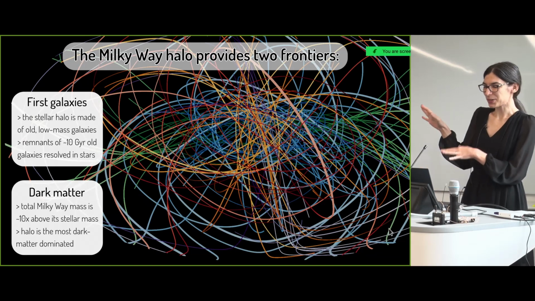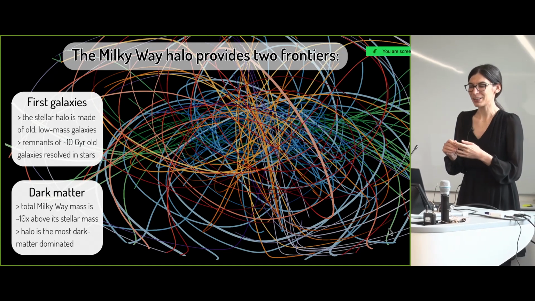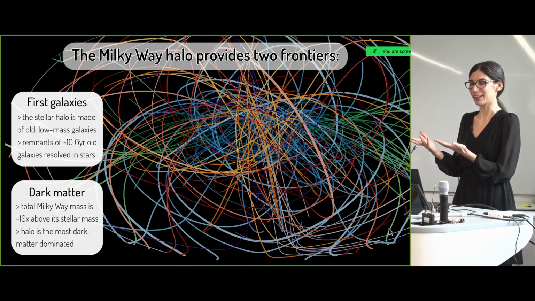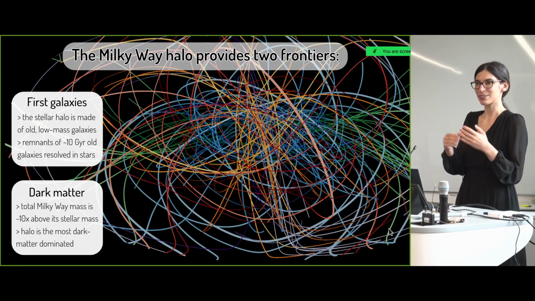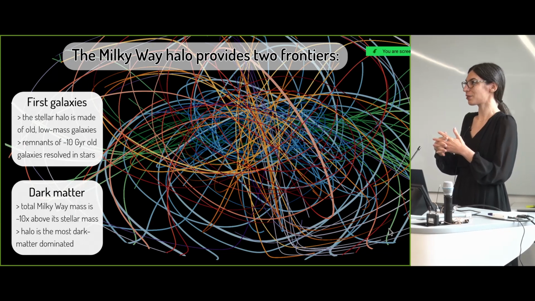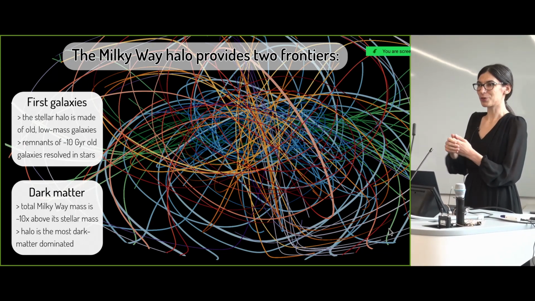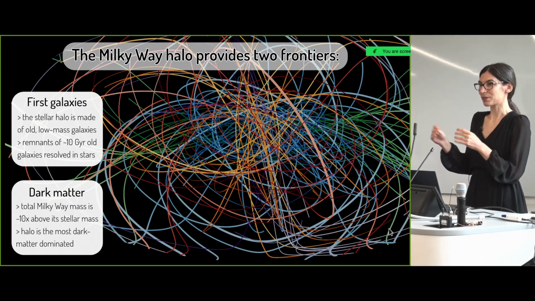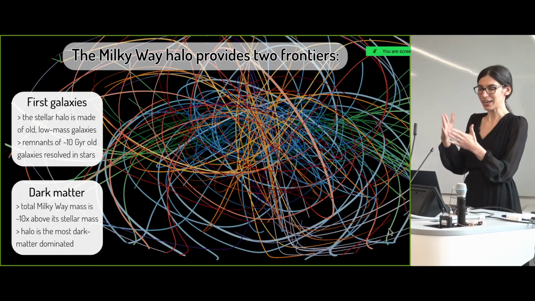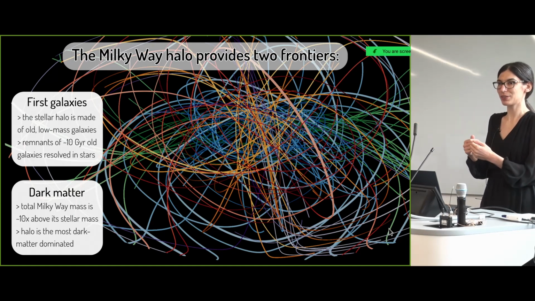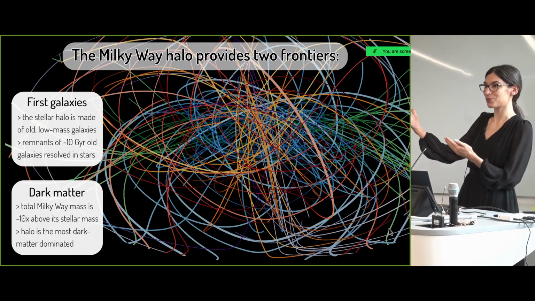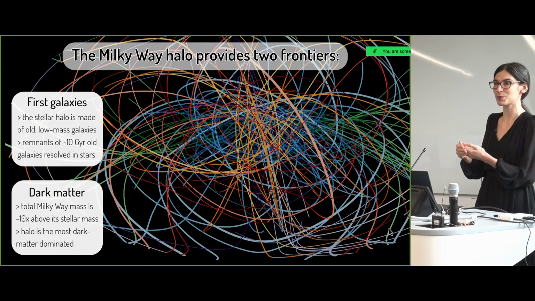And at this point, we have seen the two frontiers that are opened in our Milky Way halo. On one side, we have this view into the very first galaxies that were born a very long time ago, accreted onto the Milky Way, and basically preserved. So we can study their chemical properties, like ages, to learn about these earliest galaxies in a way that we'll never be able to do directly by observing them, say, with space telescopes.